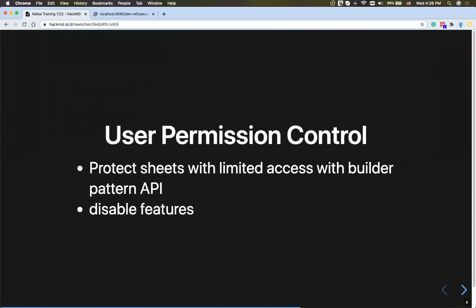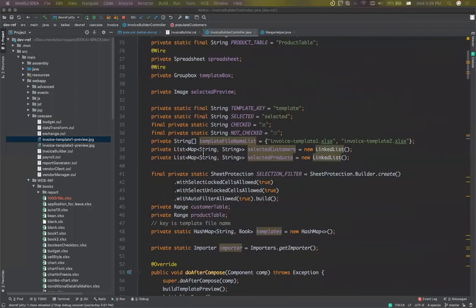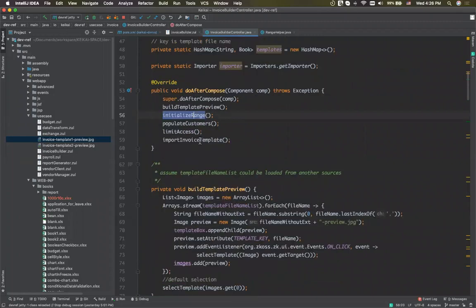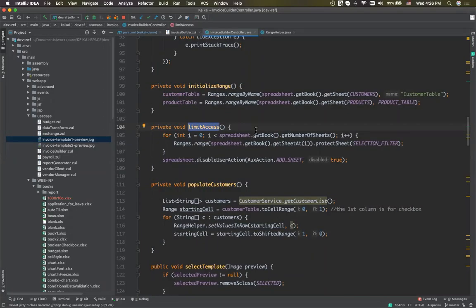Next, we introduce the user permission control. Let's see the API. So after I build, preview, initialize range, and populate customers, I call limit access because I don't want users